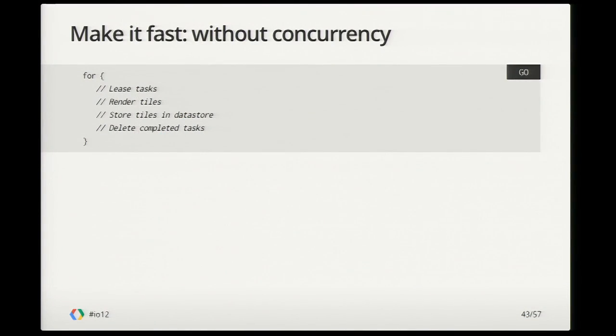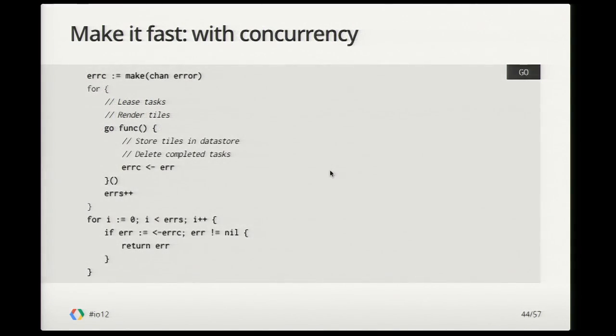So this is a sort of very broad brushstrokes idea of how it worked without concurrency, in a purely sequential way. So you lease the tasks, you render the tiles, store the tiles in the data store, and then delete the completed tasks from the queue. With concurrency, we still have our original lease tasks and render tiles in the task queue, but now we have this error channel for rallying Go routines, and then we just launch our storage and deletion parts of the process